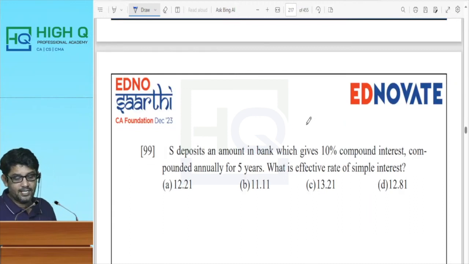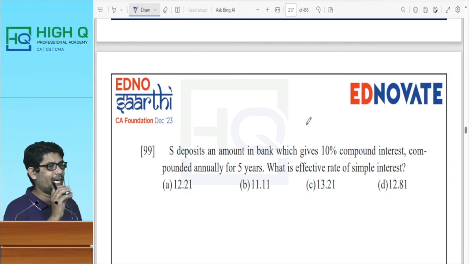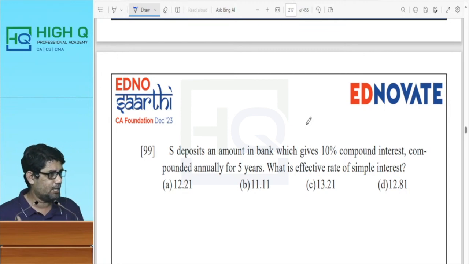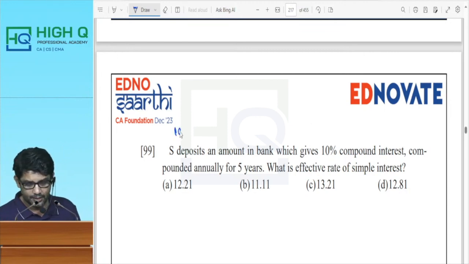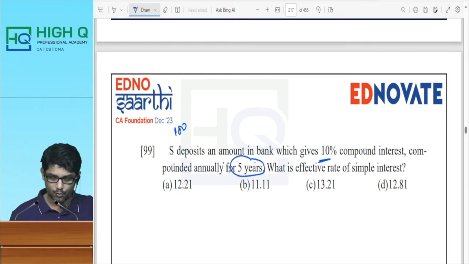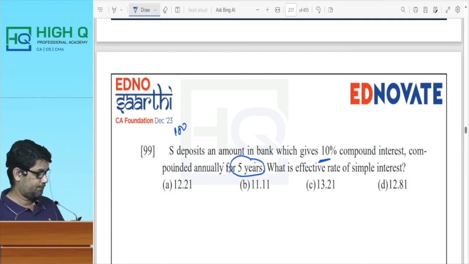Now, S deposits an amount in bank which gives 10% compound interest compounded annually for 5 years. What is the effective rate of simple interest? I want you to find out this, my dear. Actually, you take 100 rupees and do it. 100 rupees deposits at 10% compound interest. How many years? 5 years. So what is it? 100